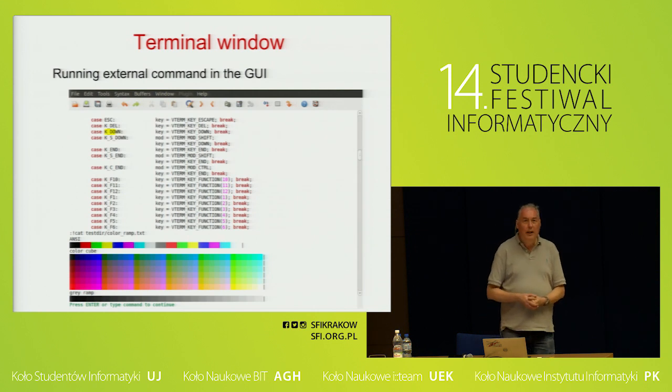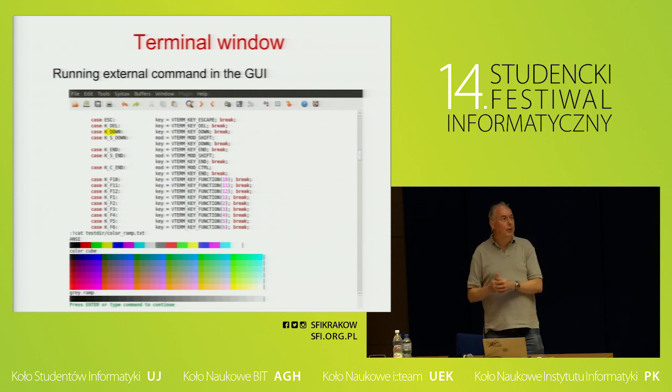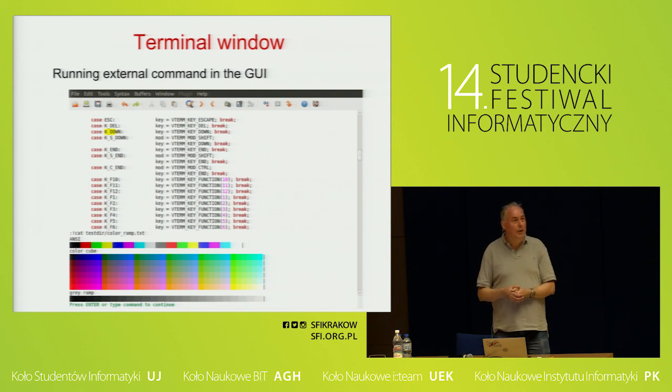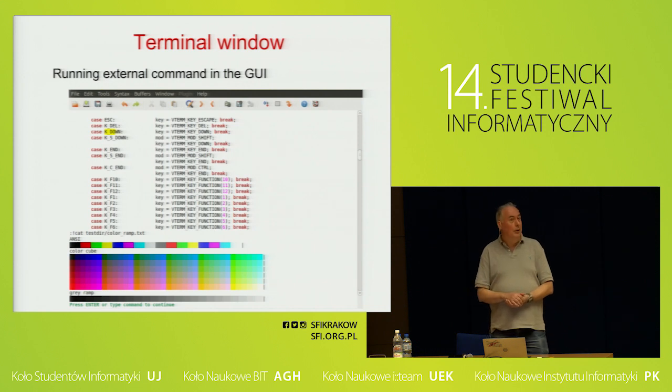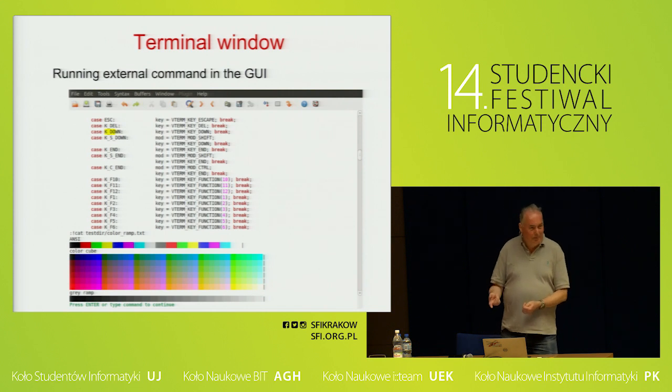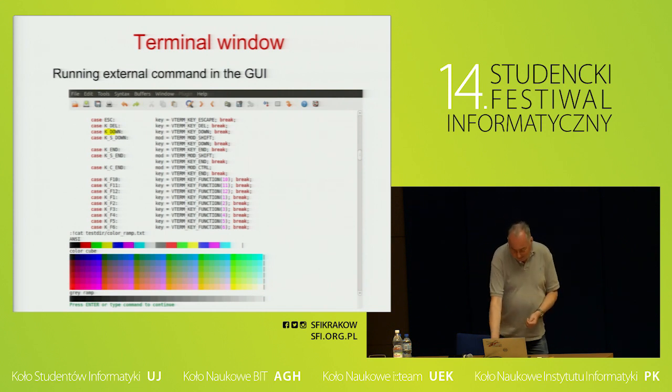Also, the GUI runs in a separate window with GTK or on MS Windows. So far, if you typed an external command, it would use a dumb terminal. Basically, you can only list things. But now we have a real terminal emulator. So now you can actually get colors in your terminal. You can type any command like ls or cat or whatever, and it's even possible to run Vim inside of Vim. I'm not sure if that's useful, but you can do it.